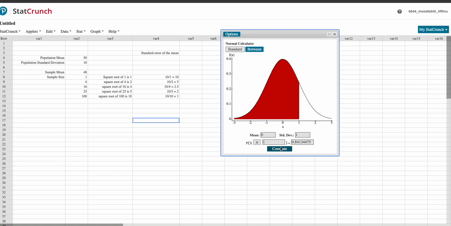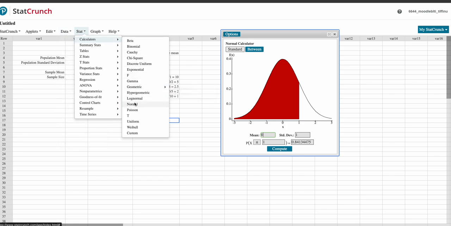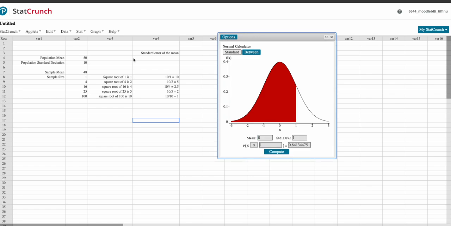Okay, guys, we are going to go into how to find the probability distribution for a sample. You should know up to this point that we have this normal calculator. We go to Stat, Calculators, Normal, and that gives us this thing right here that you see. So what's going to end up happening is we're going to talk about how you enter the information and what